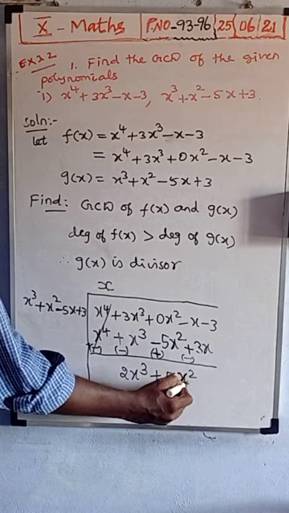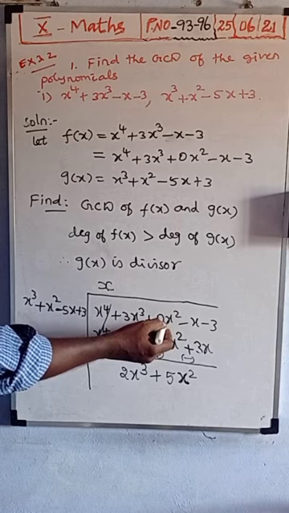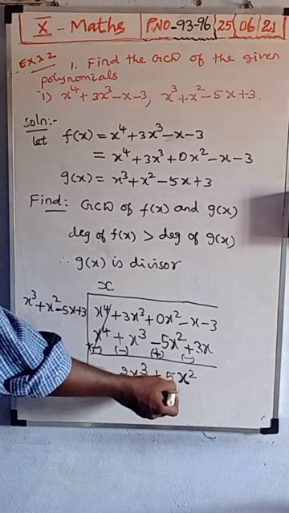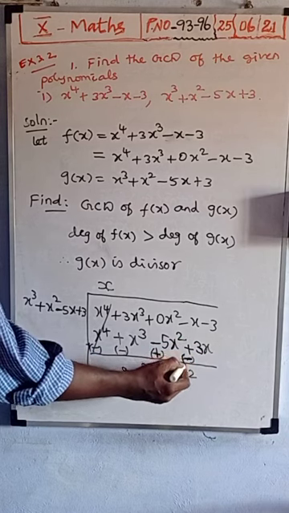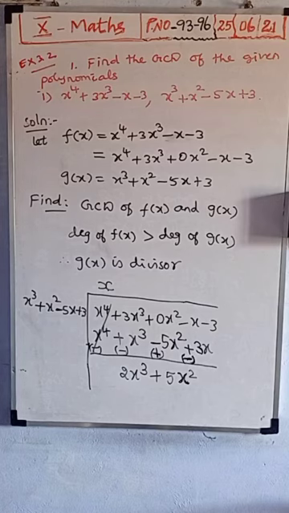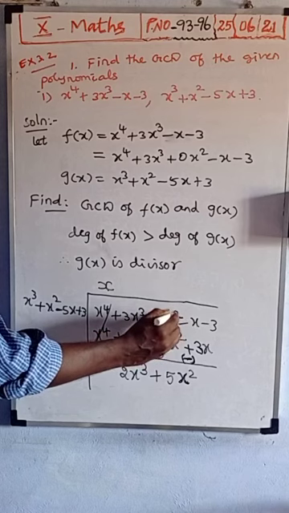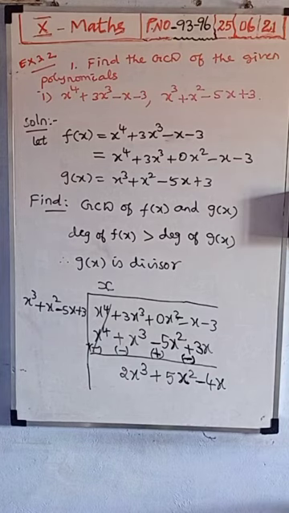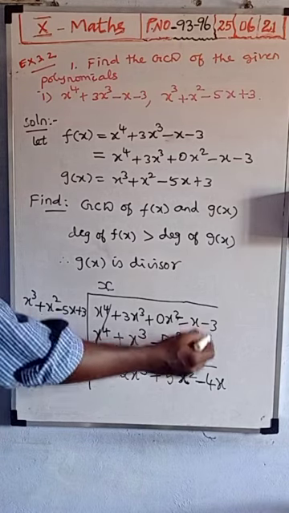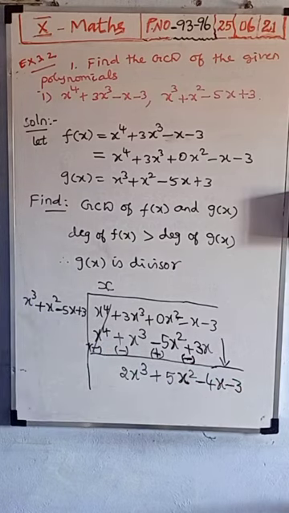You should not write 6x squared, because 0x squared only is the meaning. So 0x squared plus 5x squared means plus 5x squared. Next here, plus 3x after changing becomes minus 3x. Minus 3x, here minus 1x. Then totally how many x are there? Minus 4x. Okay. Now this minus 3. Next, one term is missing. That one term wants to come down. What is that? The constant term wants to come down. Minus 3 wants to come down.